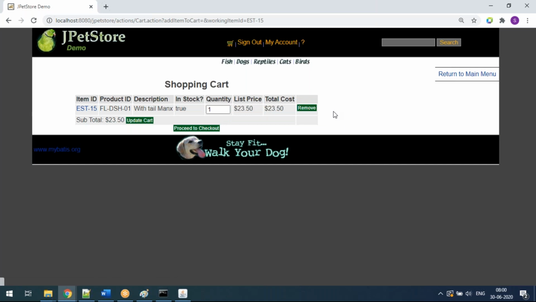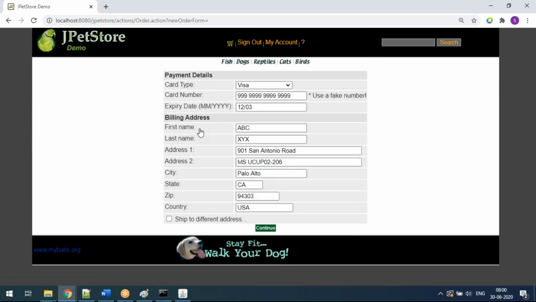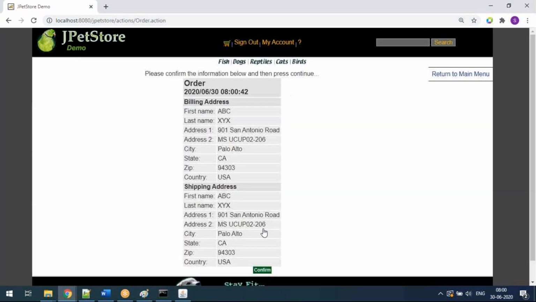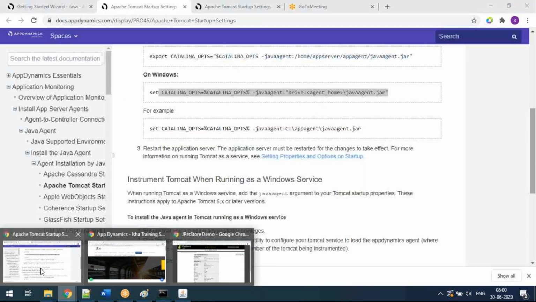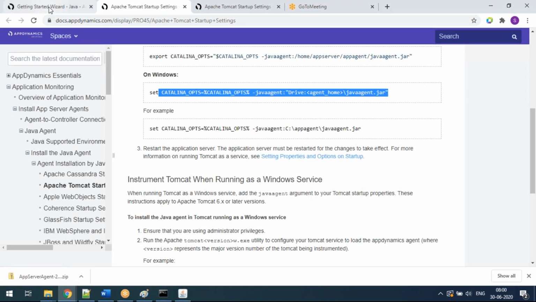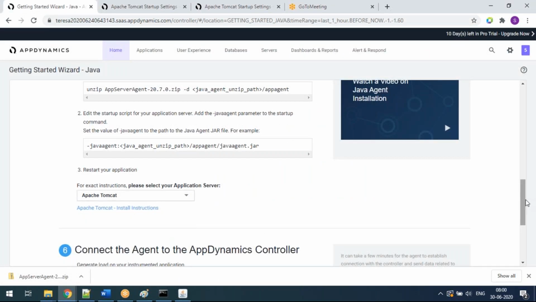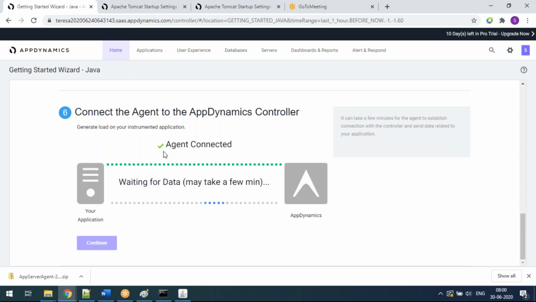This creates a kind of load so that App Dynamics, through port 443, will try to understand that somebody is giving some traffic to it. So you have to scroll down and see agent connected. Okay, agent connected. What does that mean? The agent connected to App Dynamics SaaS, and you did the configuration of the agent with your application.